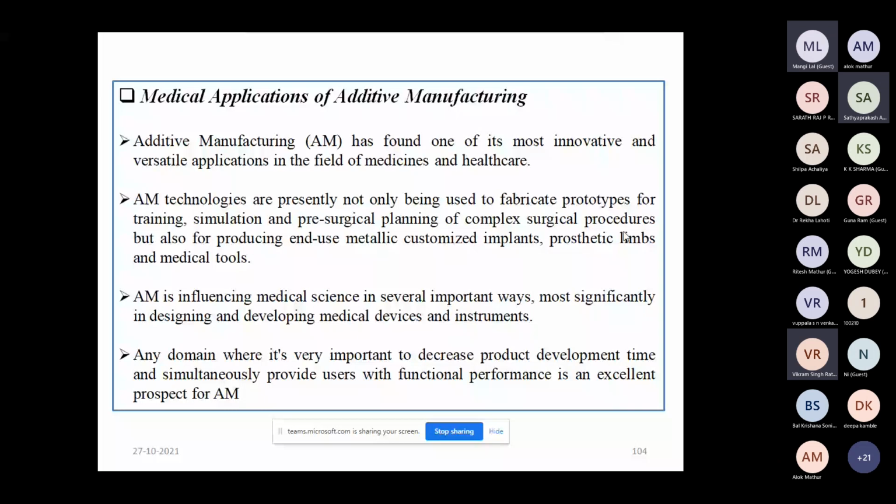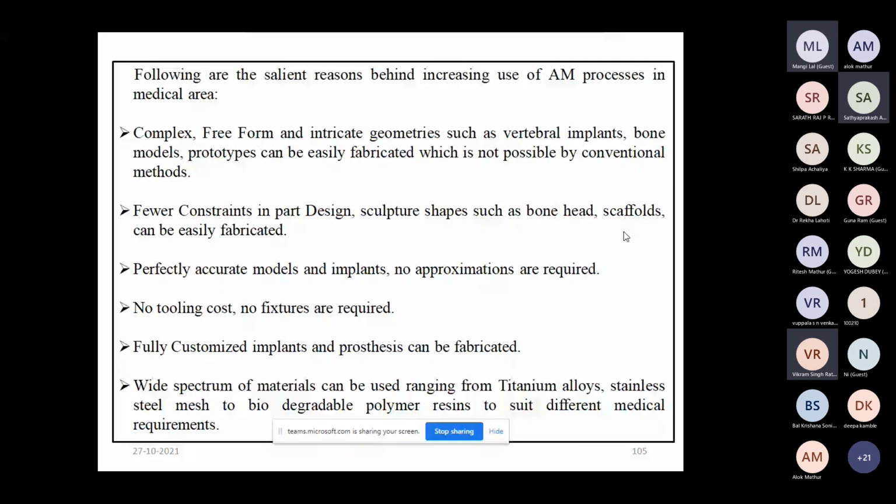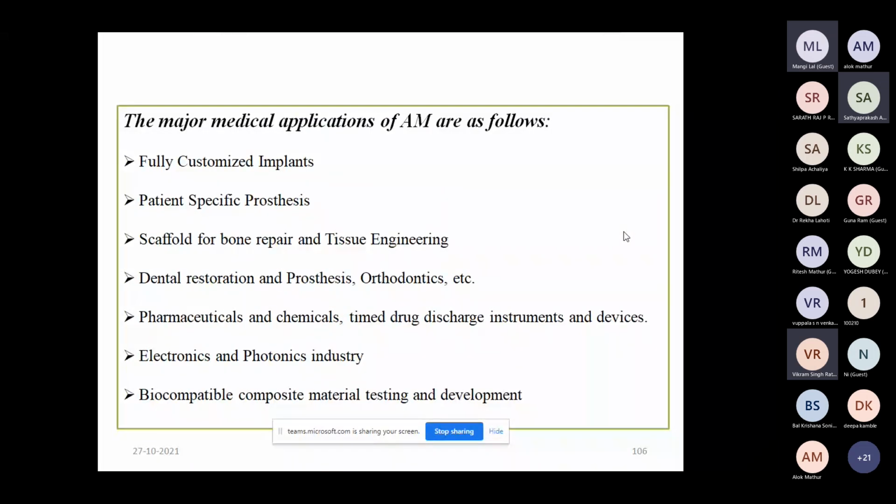Okay, so the major applications of additive manufacturing techniques are to generate fully customized implants, patient-specific prostheses, scaffolds for bone repair and tissue engineering, dental restoration and prostheses, orthodontics, and in the electronics and photonics industry to generate medical equipment for inspection. Okay, and also biocompatible composite materials testing and development.